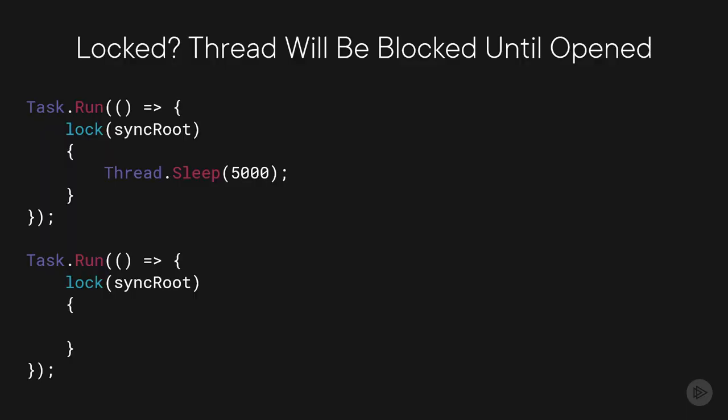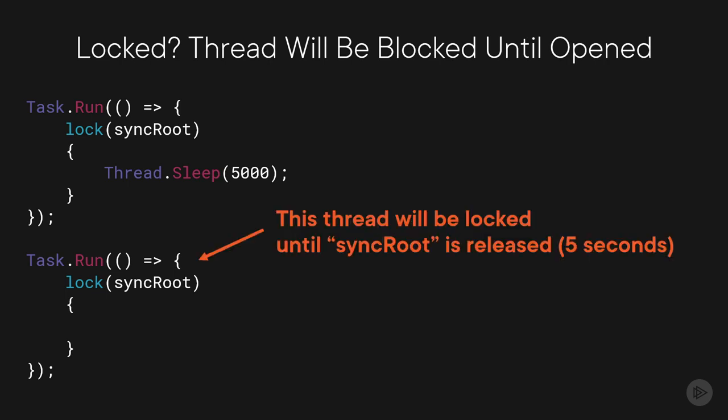Previously in this course, we saw that a deadlock can occur rather easily when using async and await. To achieve a deadlock with the lock keyword, it's a little bit more complex. However, it can occur, and it's a good idea to understand why. The lock keyword will ensure that if the lock object is already locked, the thread is blocked until that lock